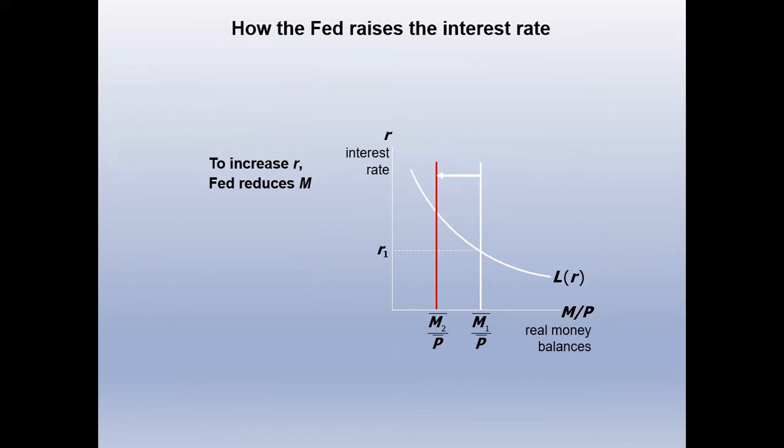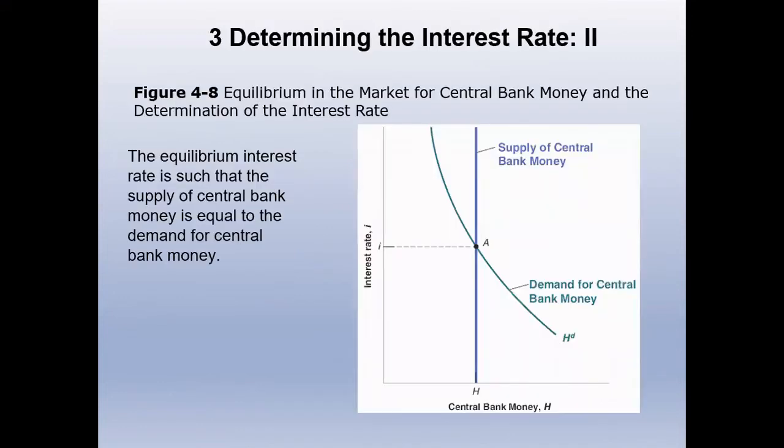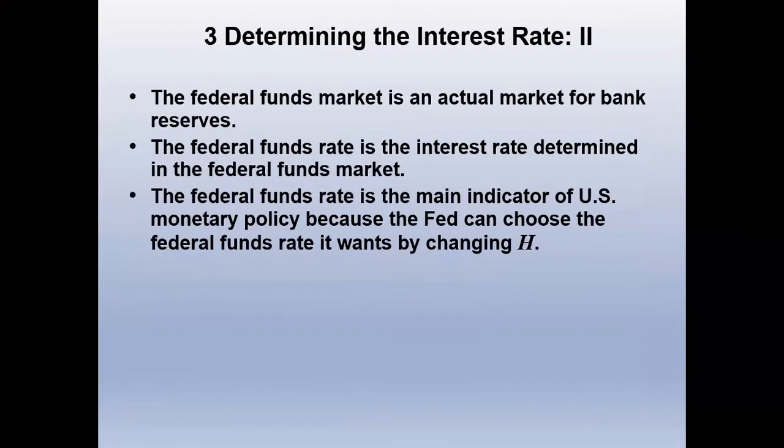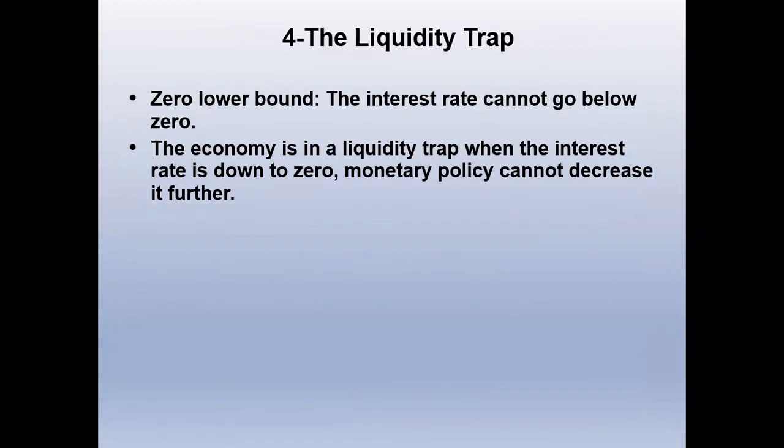So I drag it and I do what? I intervene and I decrease the money supply. How can I decrease the money supply? What policy? Expansionary or contractionary? Contractionary policy. So I contract the market, my supply decreases, and this is the shift. And this is what we call determining the equilibrium interest rate in the central bank money market. So the Fed determined the interest rate and it affected the reserve ratio, but sometimes we have